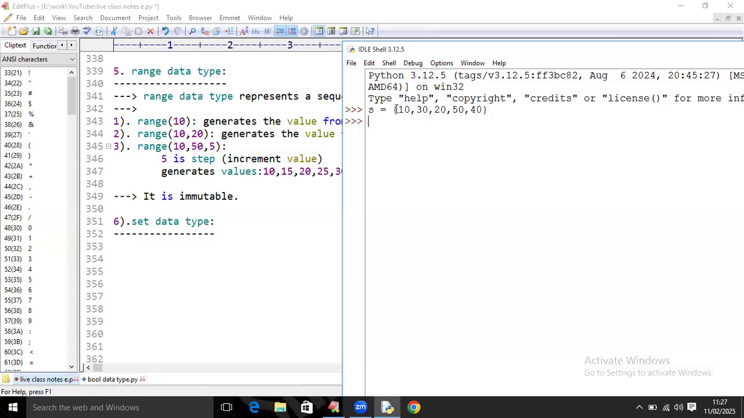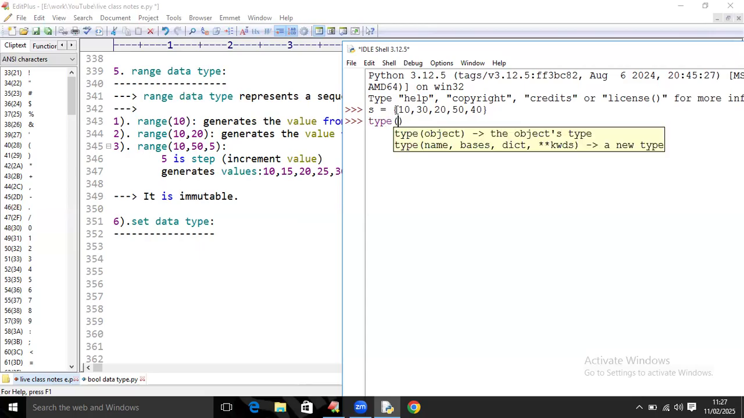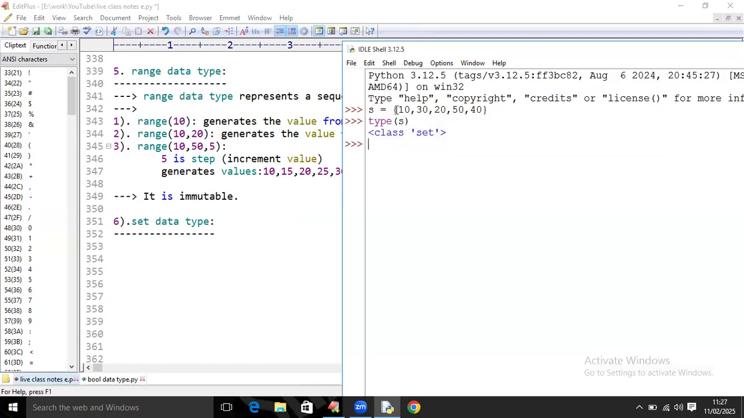Next, I want to know which data type S is. Type of S. So it is a set data type. Next, I want to print the values of S. How can I print? Print of S. Values will be printed, but